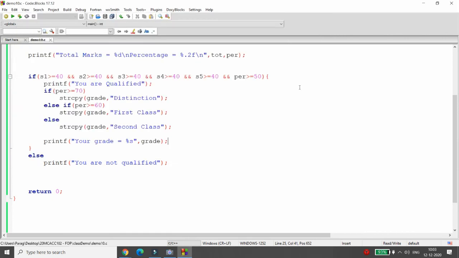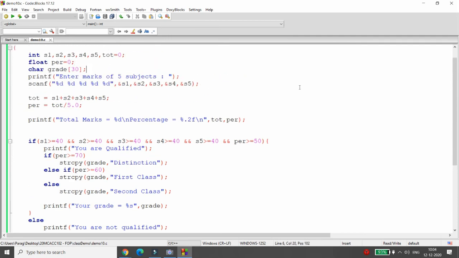So very simple. In C language, whenever you want to assign a string directly to a character array, you can use the function strcpy to initialize the string to the variable. If it is Java, then you can do it directly. But in C, you need to use strcpy to do this, right?